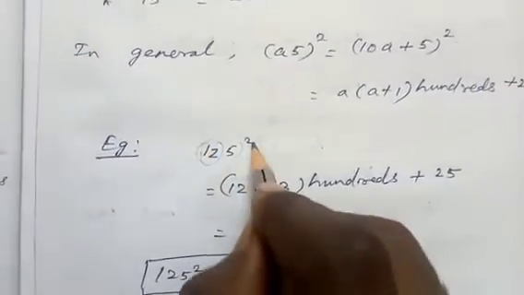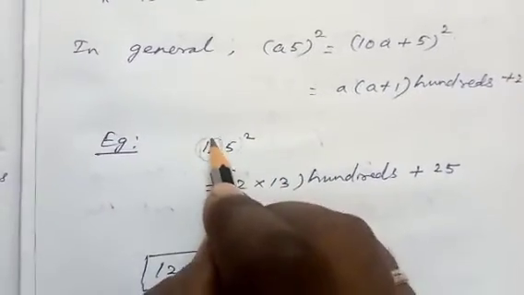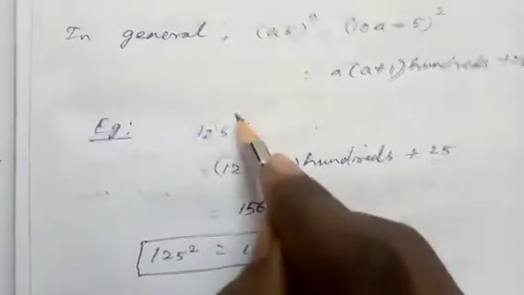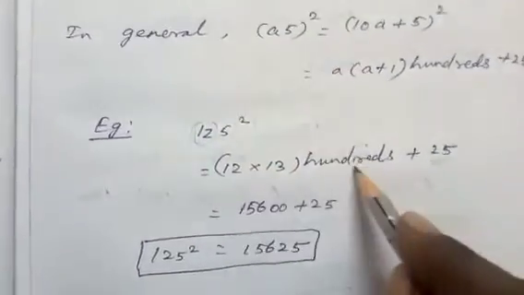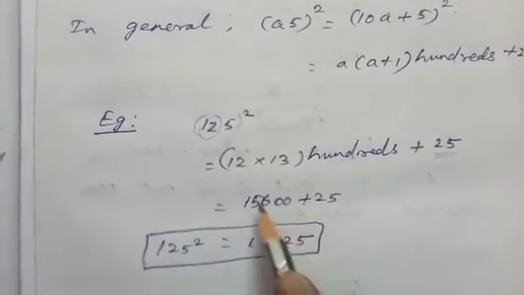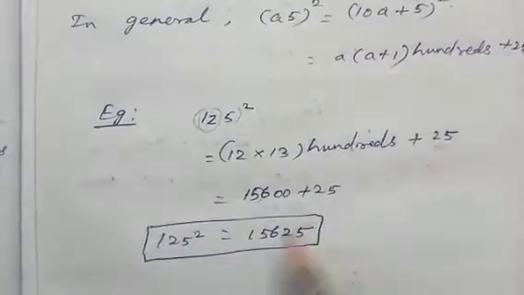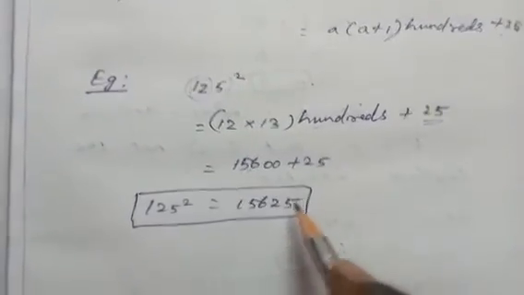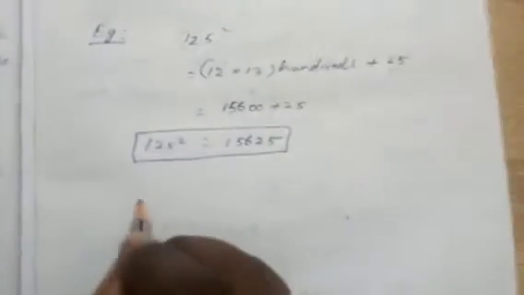125 the whole square, 125 square. So here 5 square is 25. The number before 5 is 12, the next number is 13, so 12 into 13 hundreds. 12 into 13 is 156, so 15,600. So 15,600 plus 25 is 15,625. So one more example is